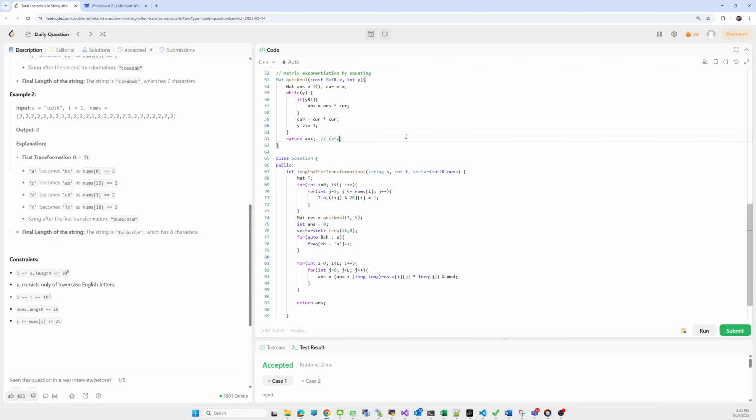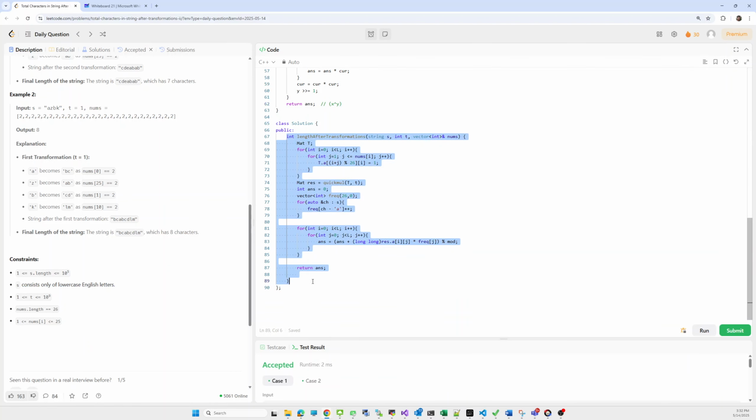Okay, so now we have to think about our logic. What will be our logic? We have to create one empty transition matrix. In that transition matrix we have to update a single transformation. What will be the resultant value for a single transformation? For the ith character, we are calculating the value, and all the characters that will be impacted are i plus j, because we are going to impact the next consecutive elements.